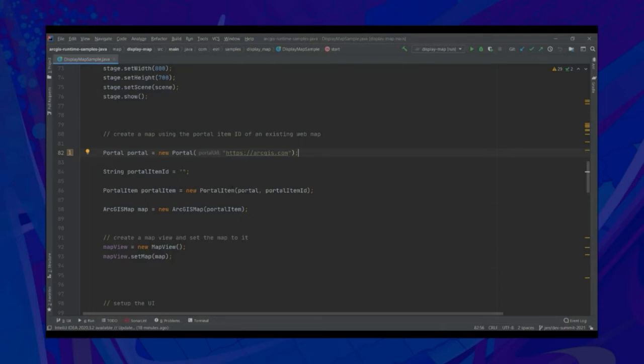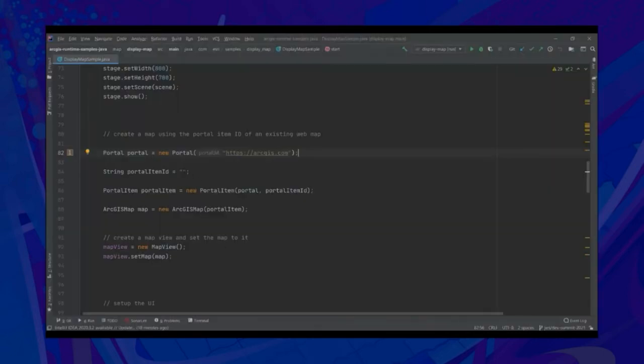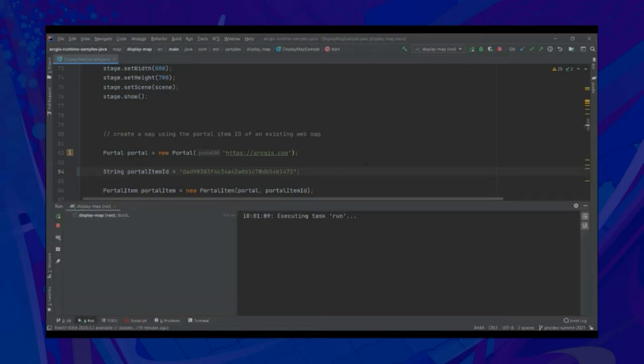So if I just hop back to ArcGIS Online, then I can get the portal item ID from the URL here. And if I just copy that across into my application, then we've got the portal item here with the portal item ID. And finally, we then set that to our ArcGIS map. And then set that in turn to the map view. And finally then, when we run our application,